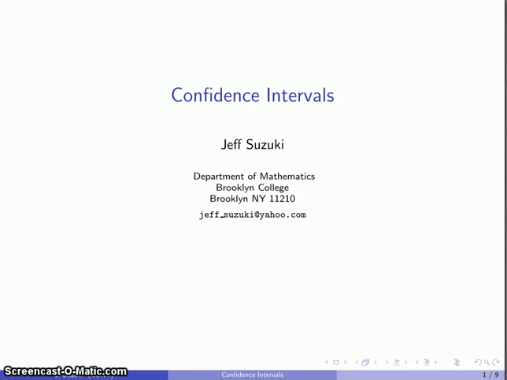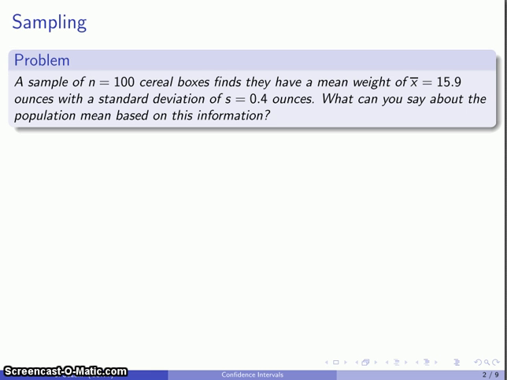All right, let's take a look at confidence intervals. So a fairly typical situation is we take a sample of our population and we find some information about it. So here we have a sample of size 100, we find the mean weight, and we find the standard deviation. And what we want to find out is what can we say about the population mean based on this information